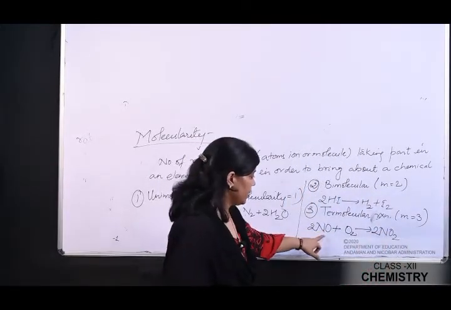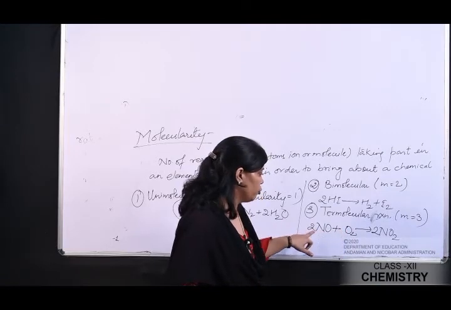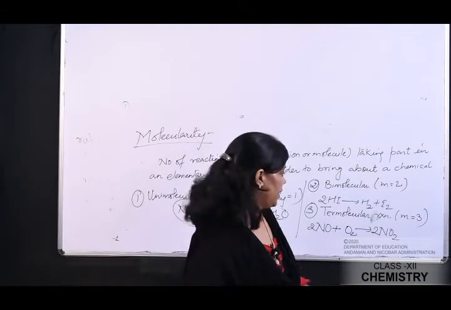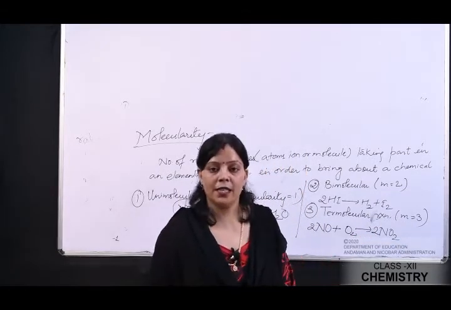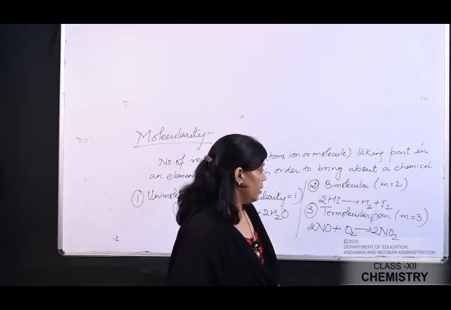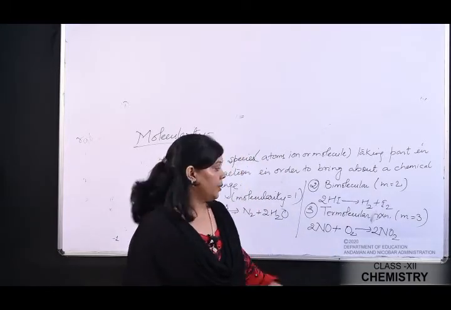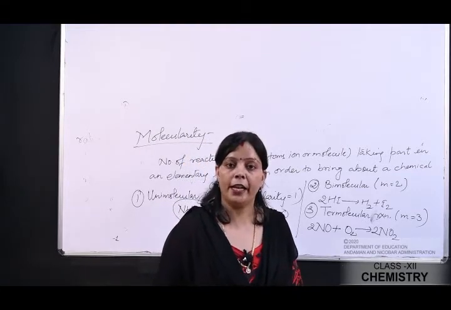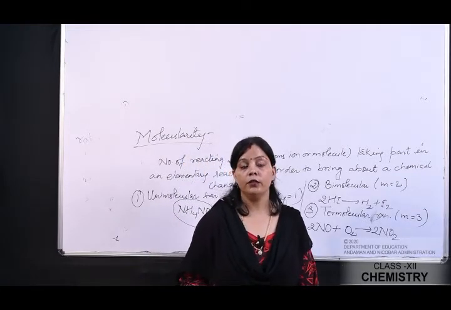Here you can see there are 2 reacting species involved, the 2 moles of NO and 1 mole of oxygen. So the molecularity in this case is 3. So this reaction is named as the termolecular reaction. Here one important point to note is that for most chemical reactions, the molecularity cannot exceed 3,